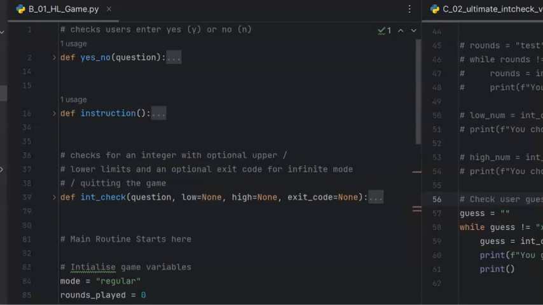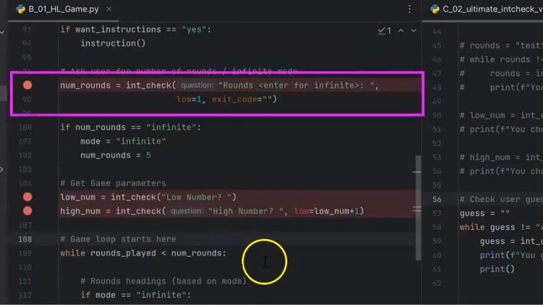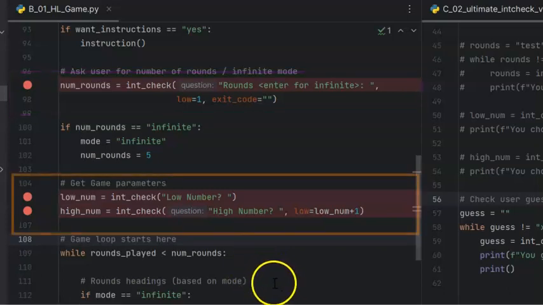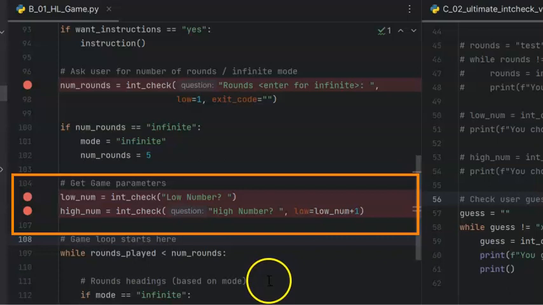Your next step should be to take the number checker function we've just developed and replace the old number checker with the more flexible one. Then, when you ask for the number of rounds, you need to call the number checker function correctly. After we've got the number of rounds, we can also get the game parameters by asking for a low number. Note that for our high number, the parameter for low is one more than the low number that the user